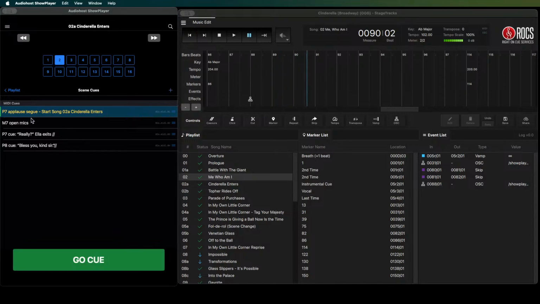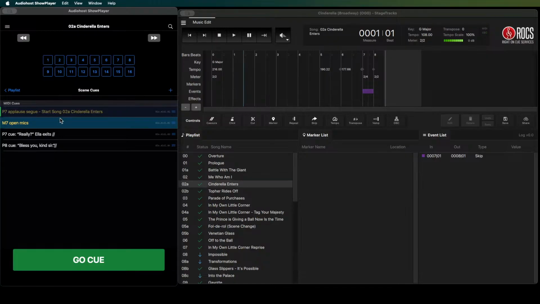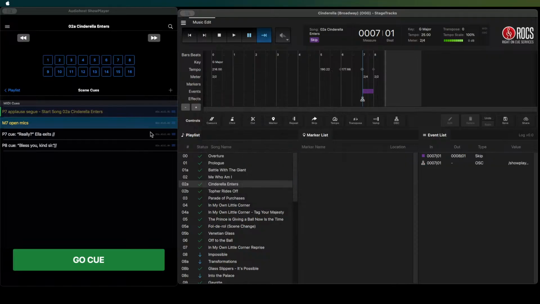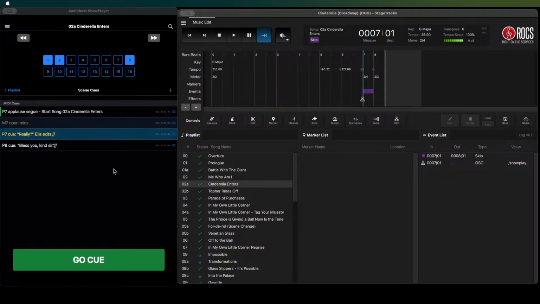Okay, next one is in 2A. Measure 7. That's right here. And then we're going on pages again. So page,